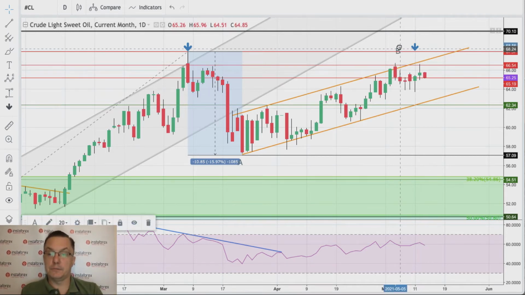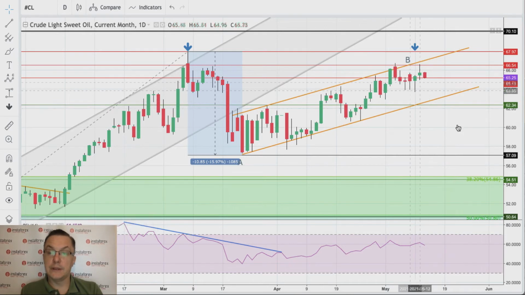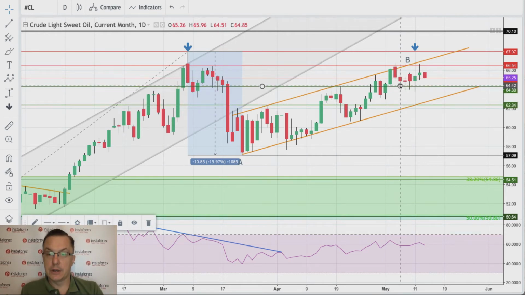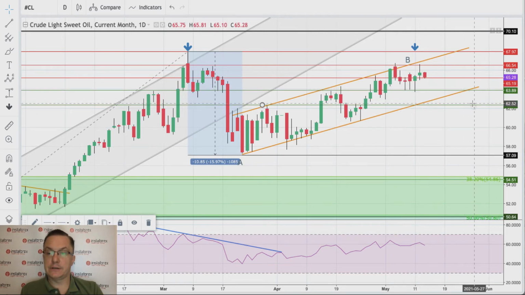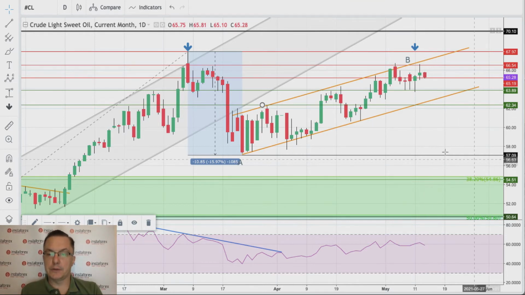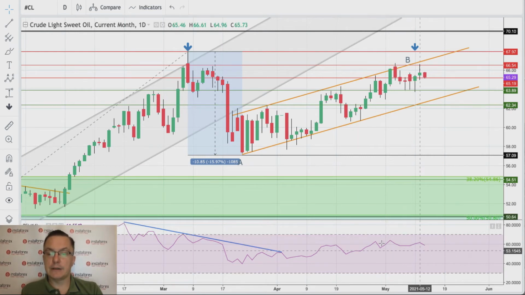So I'm wondering whether this would be the top for the wave B. We will see. The confirmation will be stronger when we break out of this short-term channel, the orange channel. Of course, we got some supports here, 63.89. Then another, classic, stronger support is 62.34, and of course plenty of other supports on the way to 57.09. But so far our RSI is still above the level of 60, is strong, is positive.